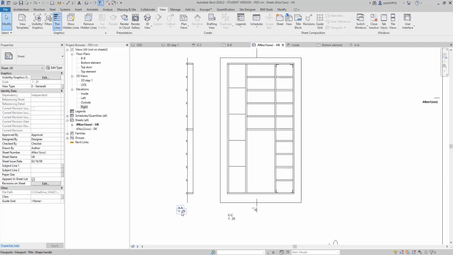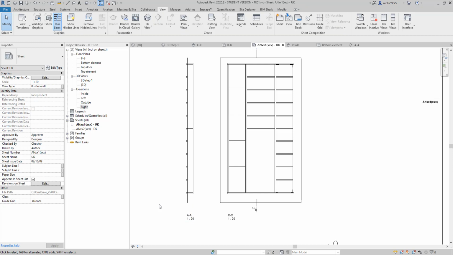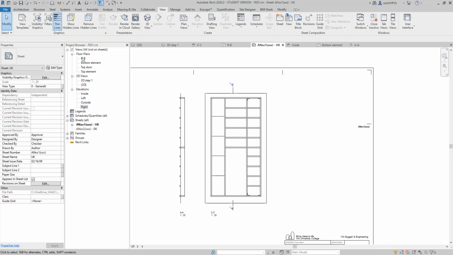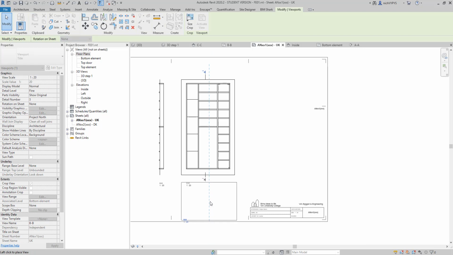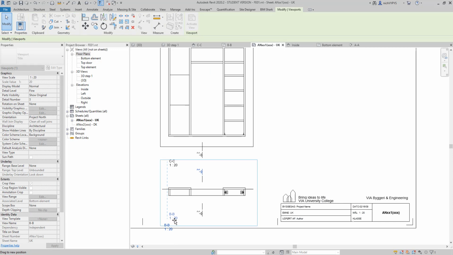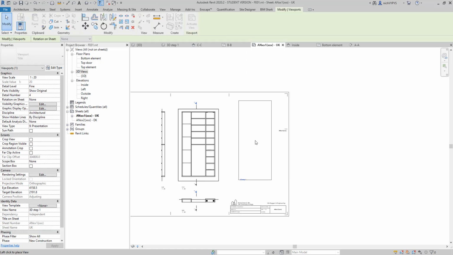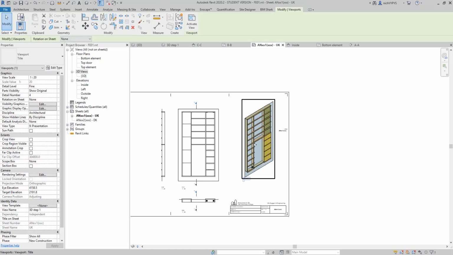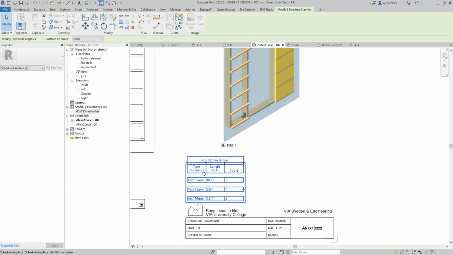And that is, of course, important here, so that we're using the same scale. Everything will be the same here. And finally, I'll drag what we can call section BB. Again, there is this blue dashed line to keep track that everything is placed beside and underneath each other. And finally, or not finally, because we need the schedule as well, but I'll drag the 3D view and then